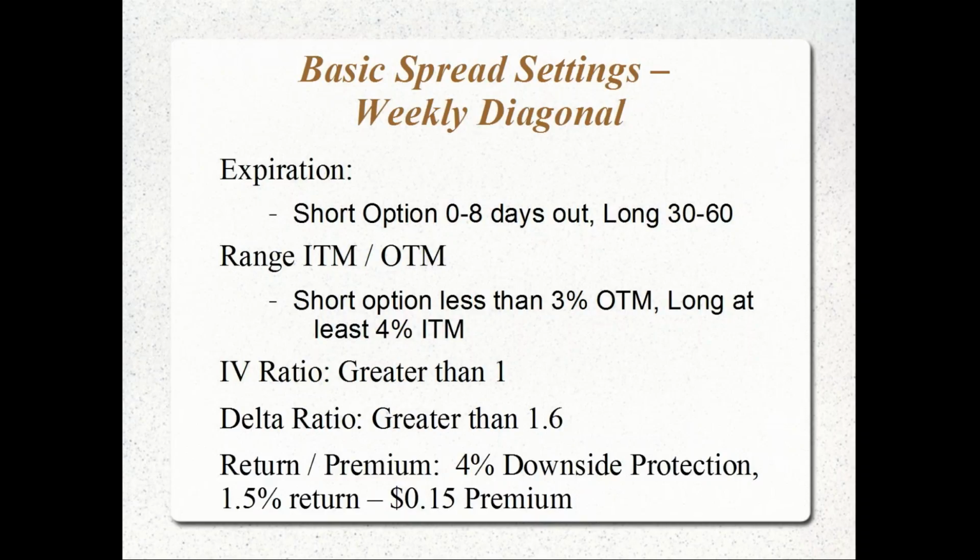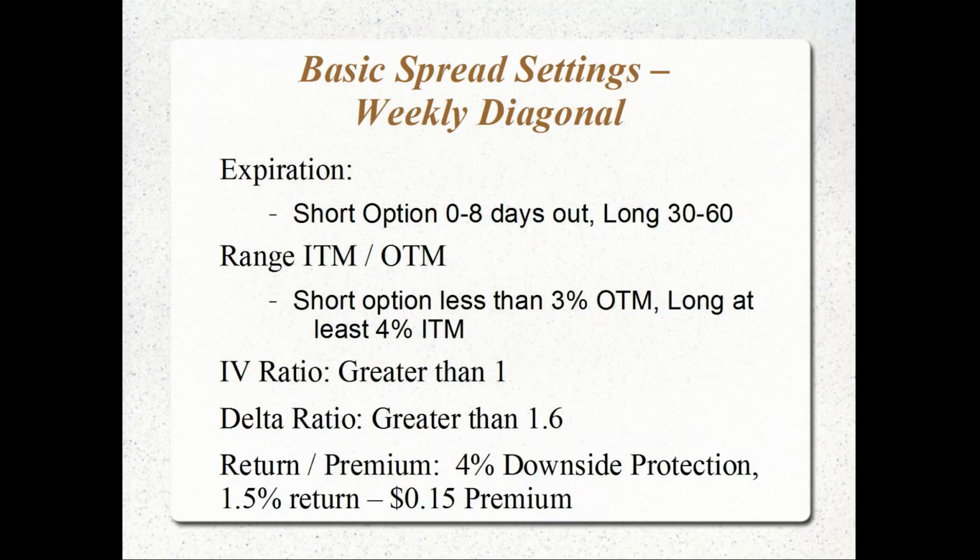Now, when you're looking at the structure, you want to be at or slightly out of the money with the short option. So we probably don't want to go more than 3 or 4%. When using weeklies, you probably don't want to go more than 3%. You could find positions that were 8 days out in time that were 5% out of the money if you're looking for that call to expire and you didn't want to manage it. But that option might only have a premium of 5 or 10 cents. Okay? You want to keep that closer in to the at the money range so you get a better premium